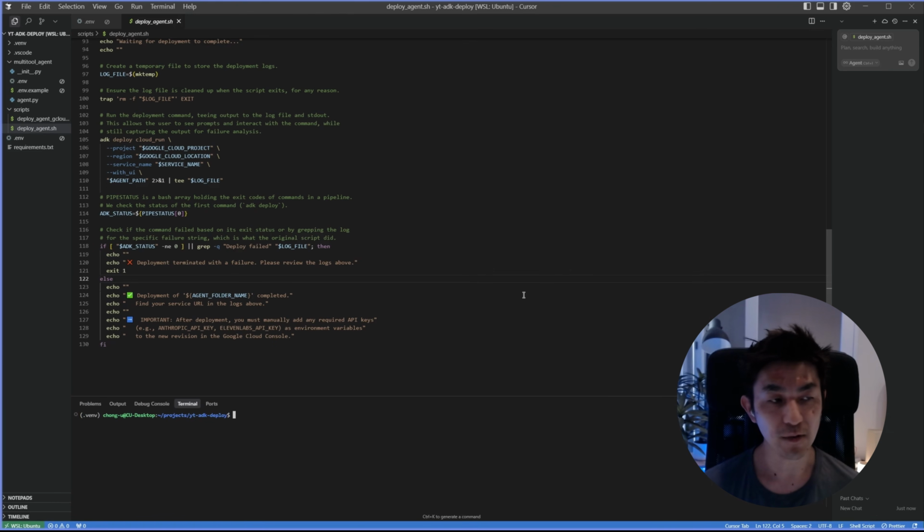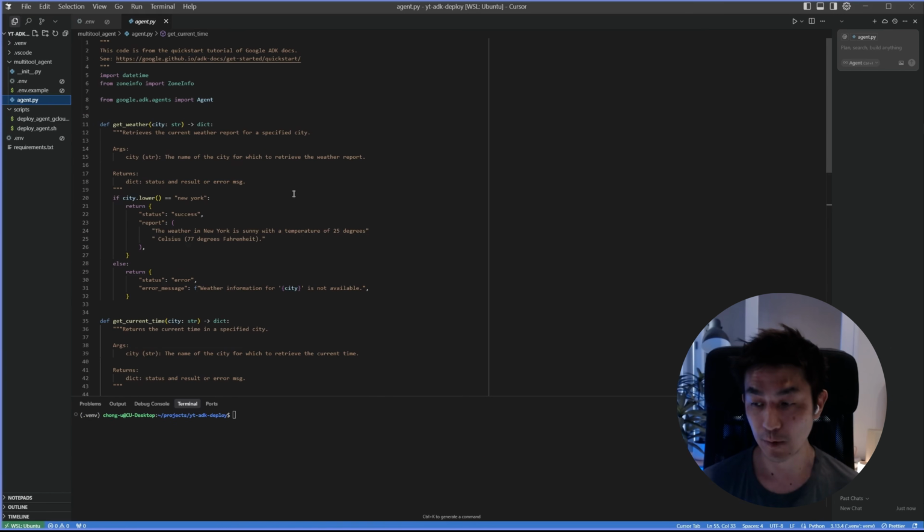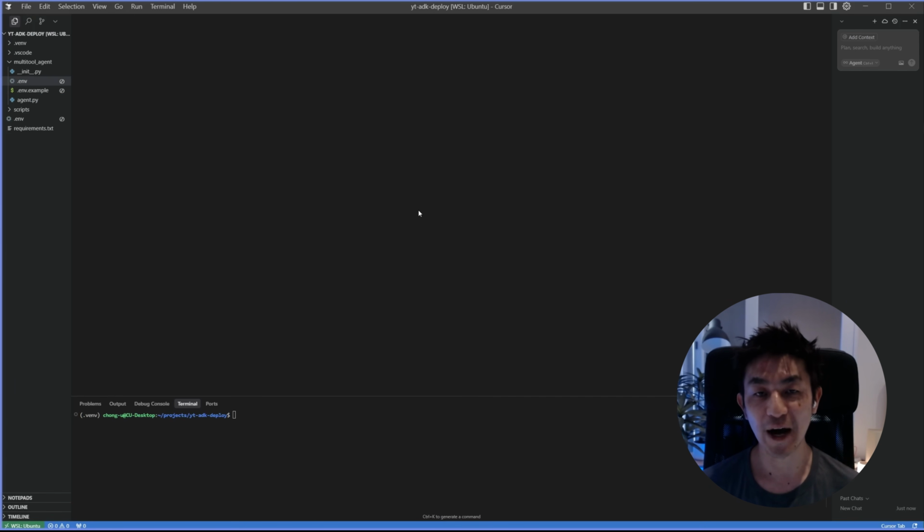All right, so now that that's done, we've managed to demonstrate that we have been able to deploy this. I'm going to show you the alternative way of deploying your agent, but this time I'm going to be using a more complex ADK agent that doesn't just use dummy tools over here, but instead it will actually use a proper MCP server in order to perform its tasks. And what's more, I'll show you exactly how you need to configure things in order for you to be able to deploy it, because ADK deploy on its own will not enable you to do so. All right, so let's get going with the second part of this tutorial of how to deploy a proper ADK